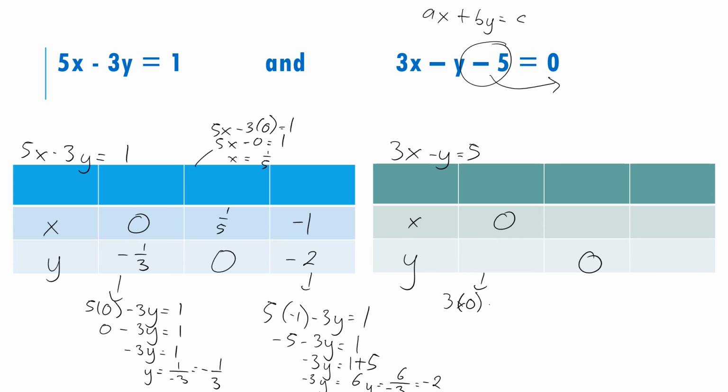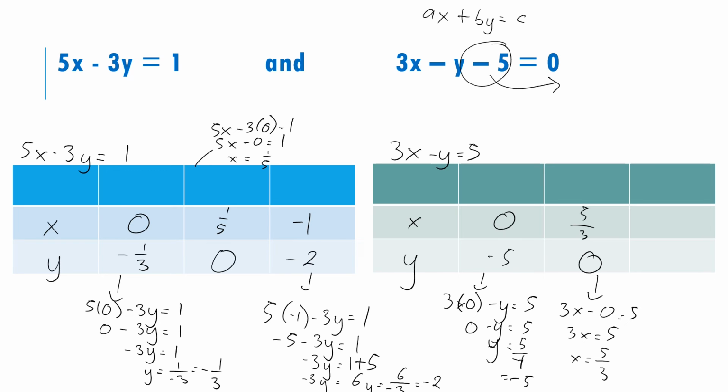Change x with 0: minus y equals 5. So my y equals 5 per minus 1. This is minus 5, the answer. Because a positive number divided by a negative number, or vice versa, makes a negative number. Let's see x, y is 0, 5. Yes, 3x equals 5, so x equals 5 per 3.